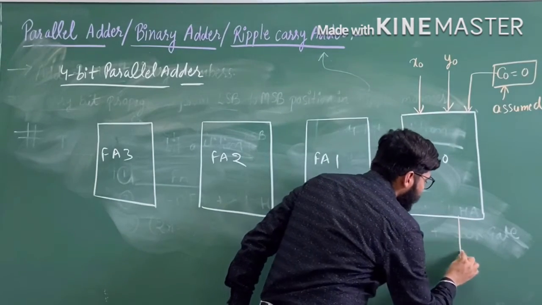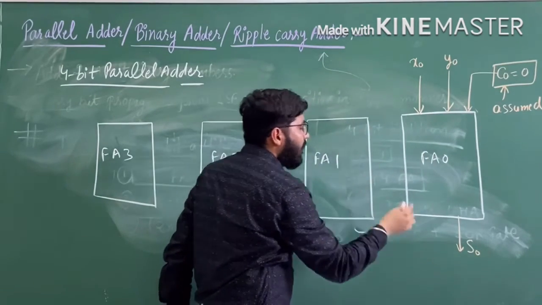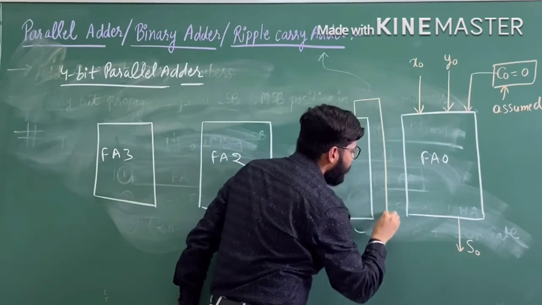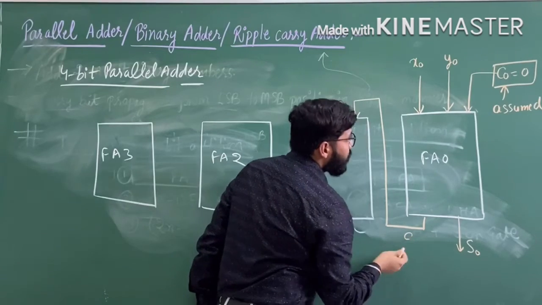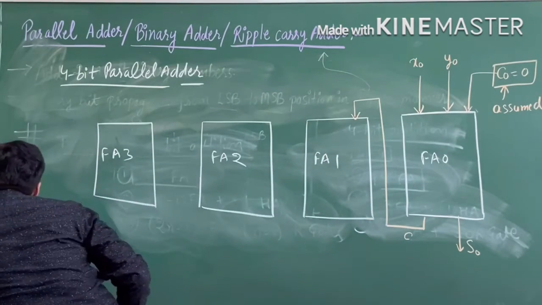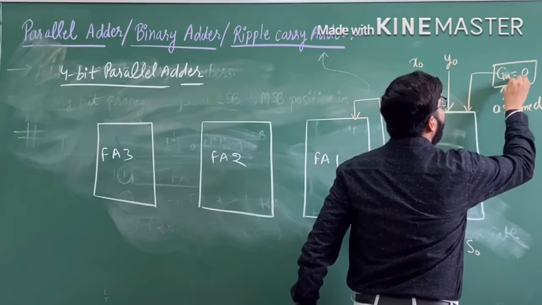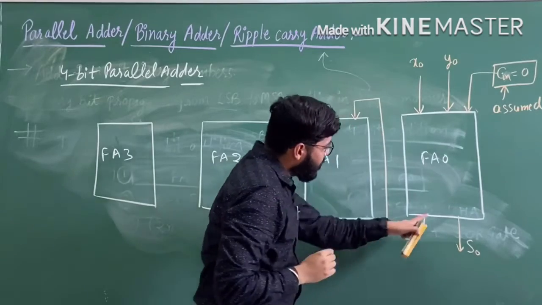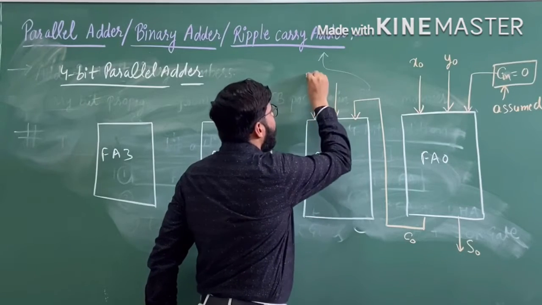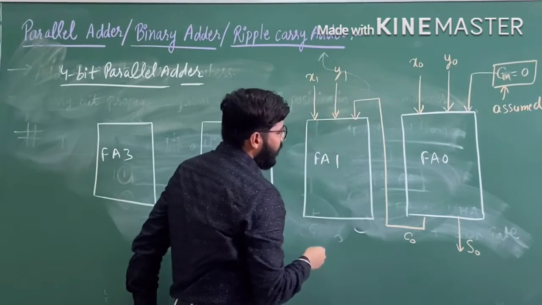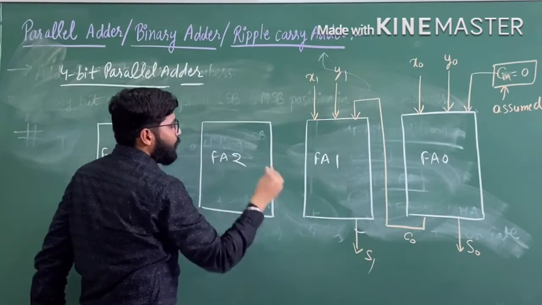But now, in this case, I will consider the initial carry equals 0. Okay. Now we can get sum S0. Now this carry goes to this full adder in this way. Suppose this carry is C0. This is the C input because this is the input carry and this is the C0 carry. So this C0 carry goes to full adder 1 and here is the input X1, Y1.